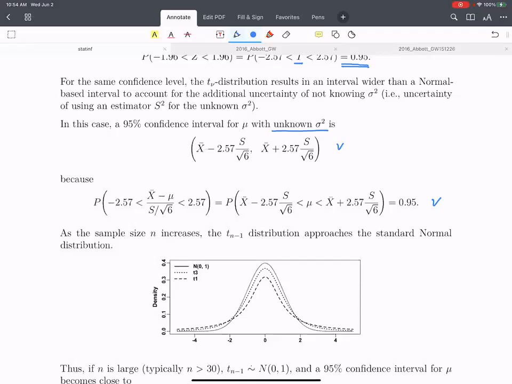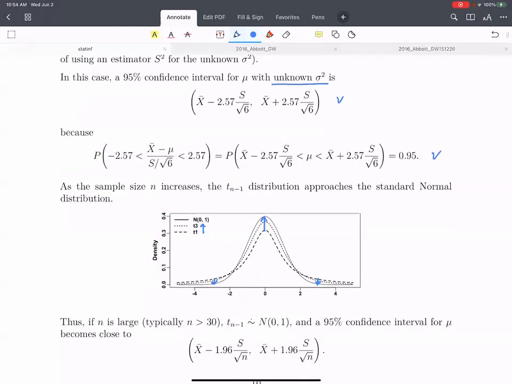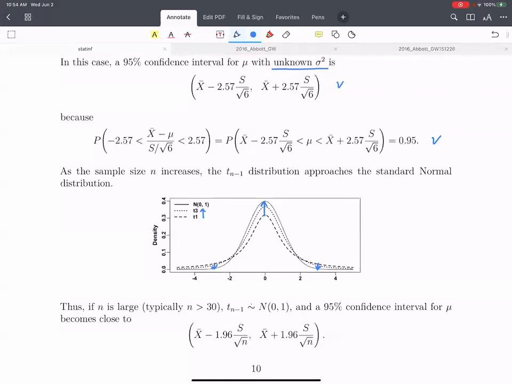One specific property of the t distribution is that it will approach the standard normal distribution as the degrees of freedom increase, meaning that as the data size increases, the t distribution will become almost the same as the Gaussian distribution. For example, as the degrees of freedom increase, the t distribution becomes the standard normal distribution. The peak gets higher and the tails become thinner.